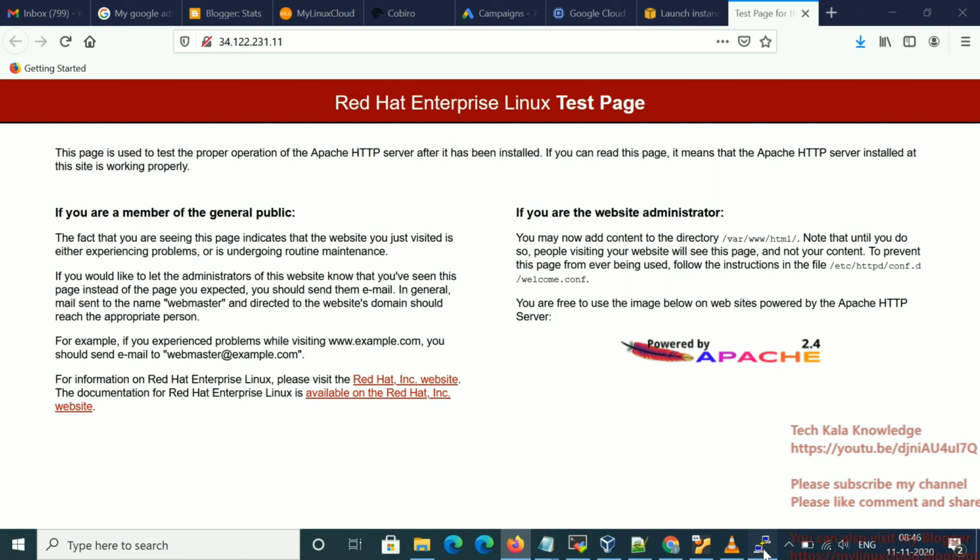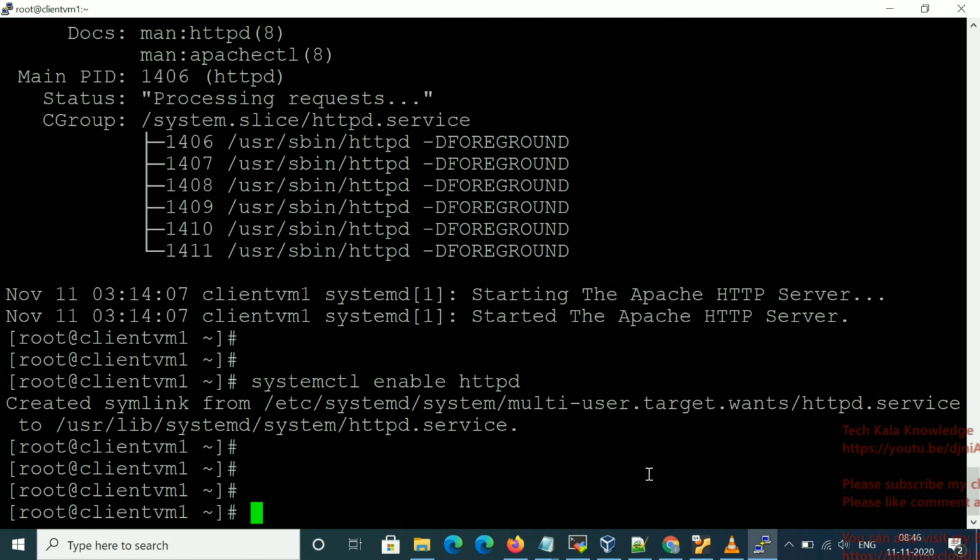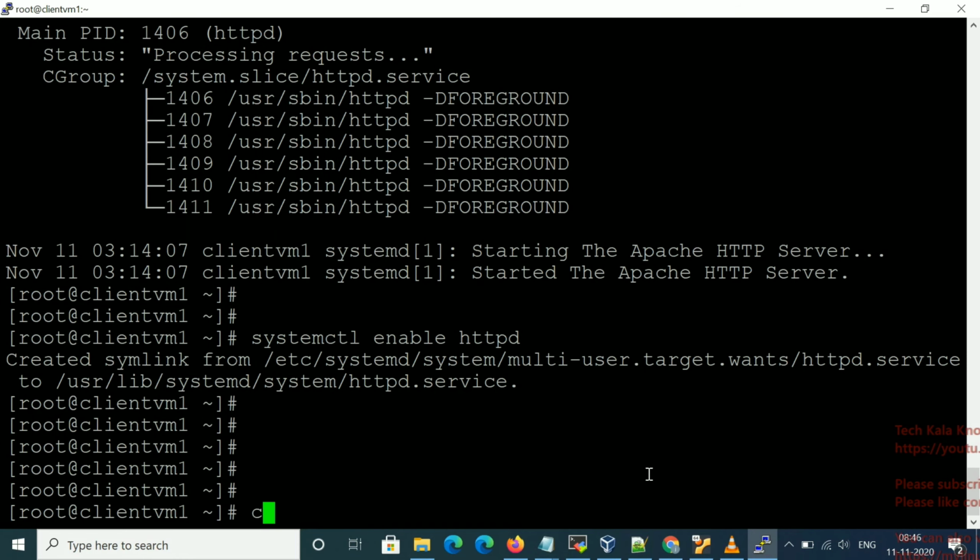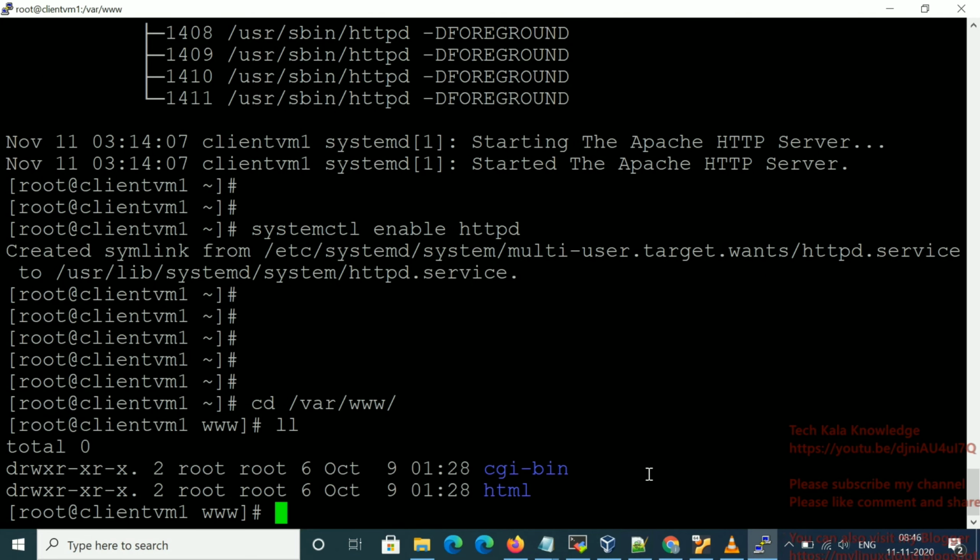Now let me edit something here. Where is the index file? When you install httpd, by default an index.html file is also installed. So where is that? You have to go to /var/www. Inside here you can see an html directory.